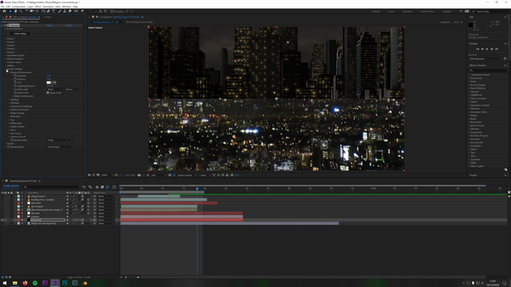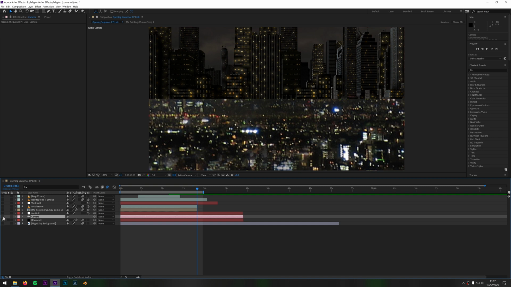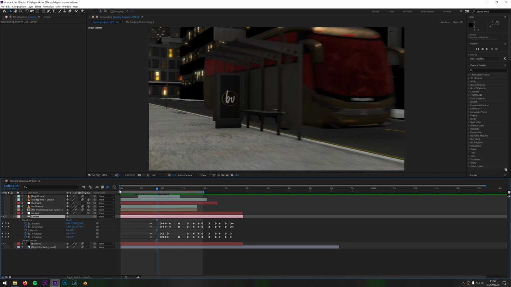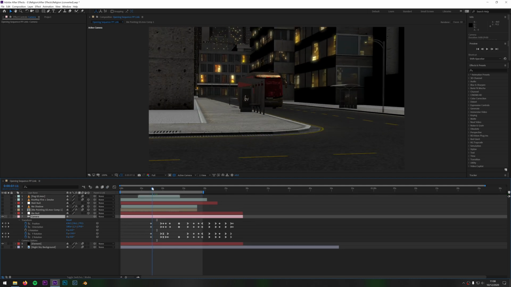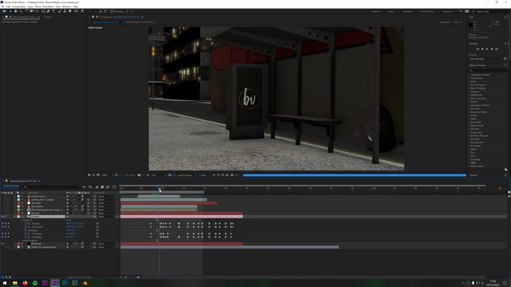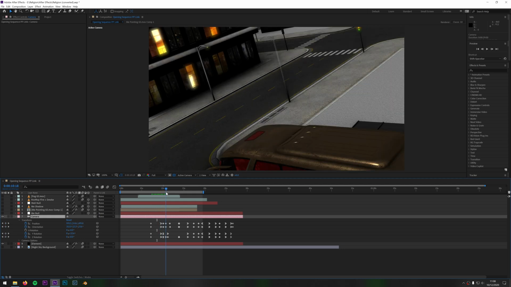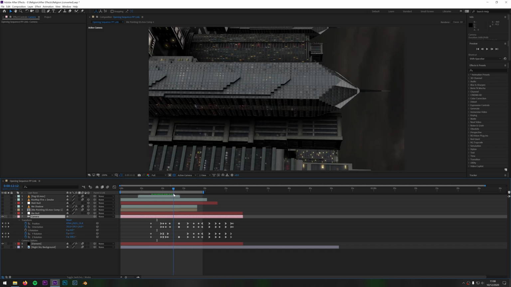Okay, so other than these layers, I'll move straight on to the camera. This is where the actual animation takes place. This camera is just like I showed you a moment ago. It's just a bunch of keyframes here. So you can see I start off here, I move into the bus. I'm going to turn off motion blur a second. So I start off here, I move into the bus, I go close up to the sign, and then I pull back, and then I come around, and then I come up here.